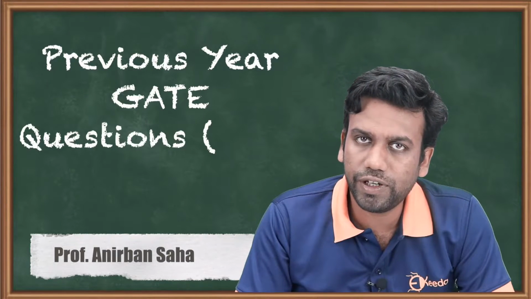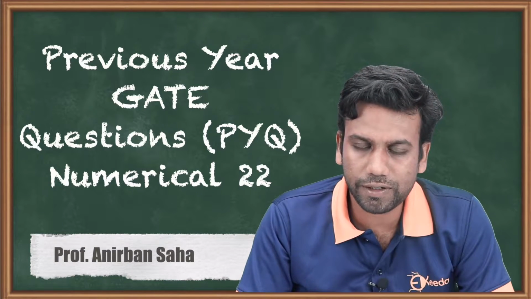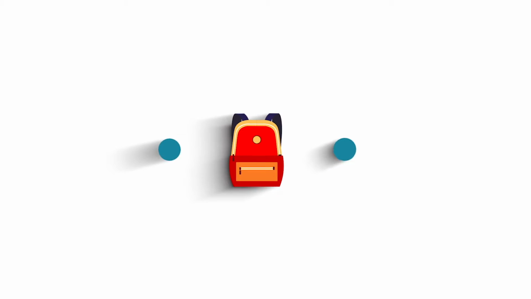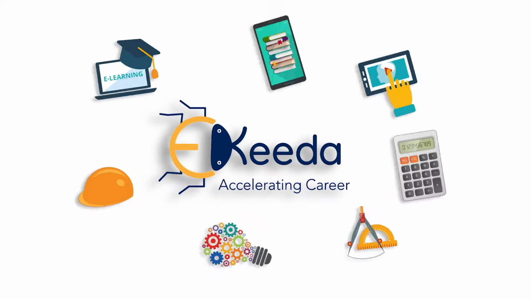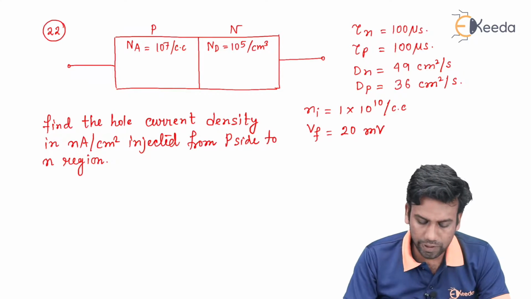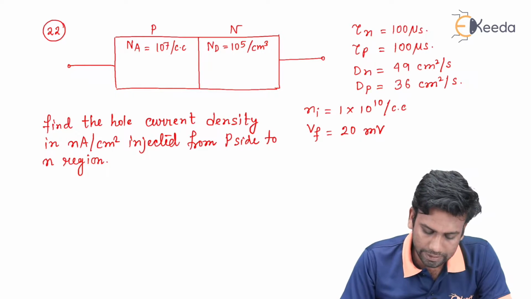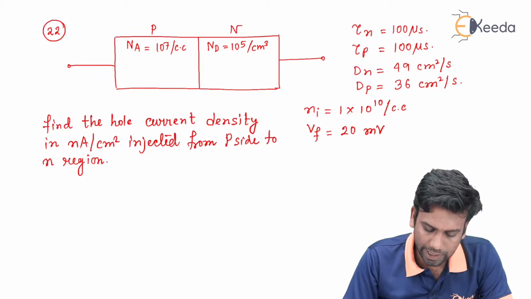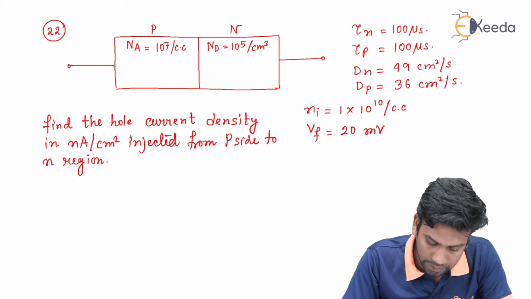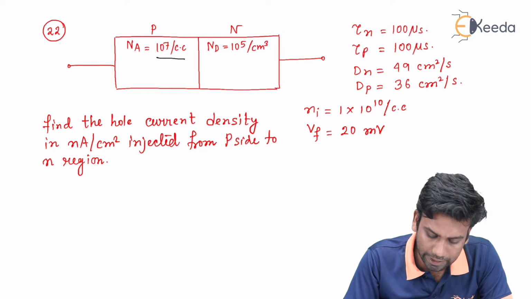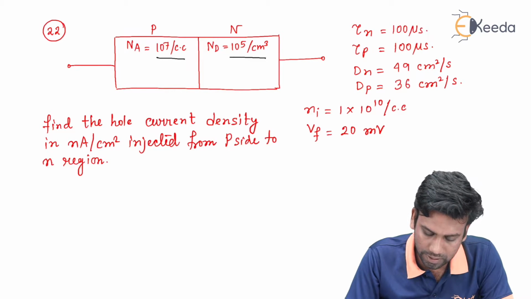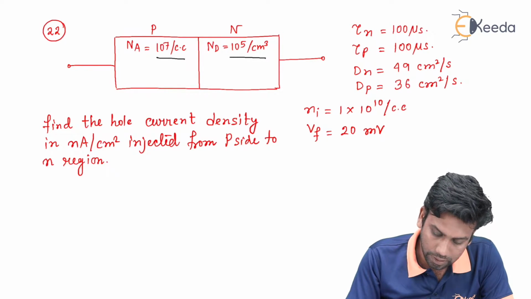Hello friends, in this video we are going to discuss a previous year GATE question on electronic devices. According to the given numerical, you can see that there is a PN diode given, and the acceptor concentration is given as 10 to the power 7 per cc and the donor concentration is given as 10 to the power 5 per cc,